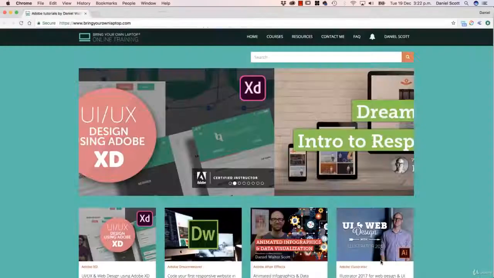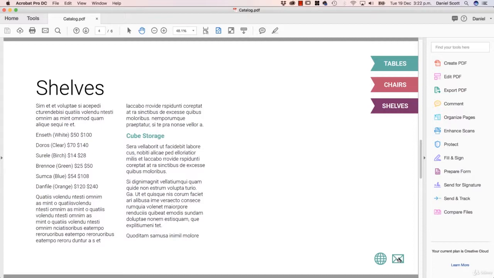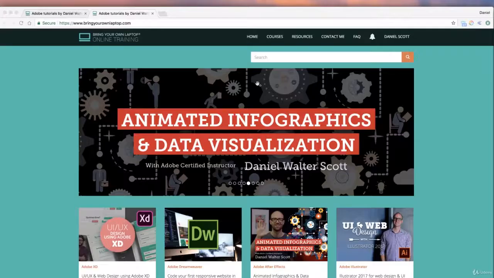If I click on this little web link here, it's going to open a website. The same here, I can do it for email. If I click on this, it's going to open my email client with an email ready to go. What they're also really good for is a replacement for PowerPoint presentations. Say you've got some good skills in InDesign, but you hate using PowerPoint. You can use this like PowerPoint, where you can force it to load full screen